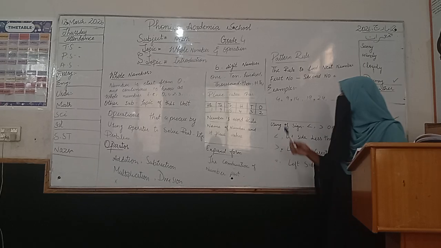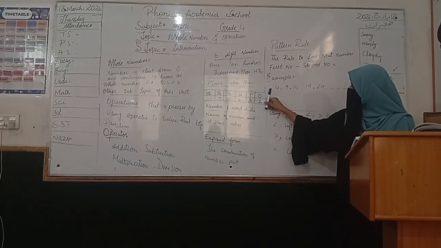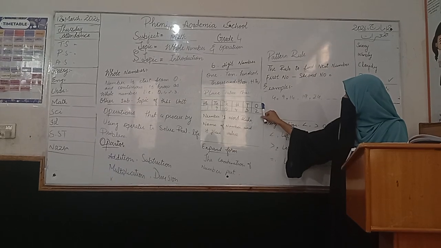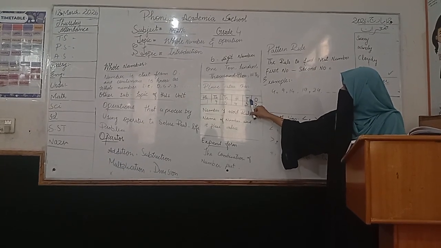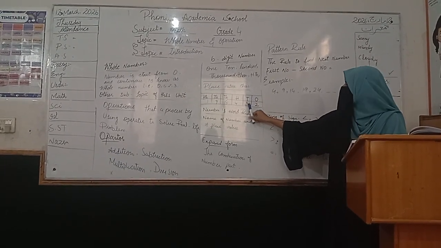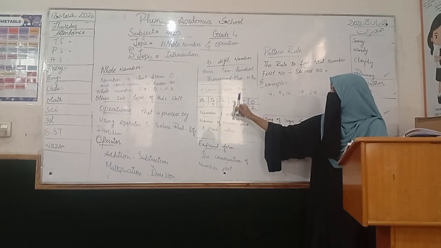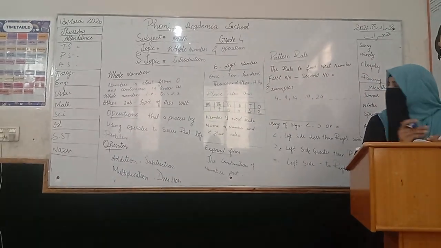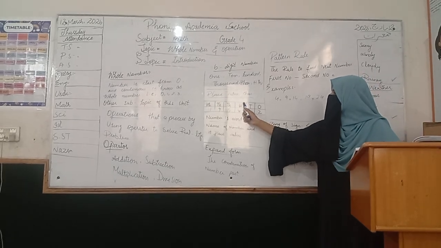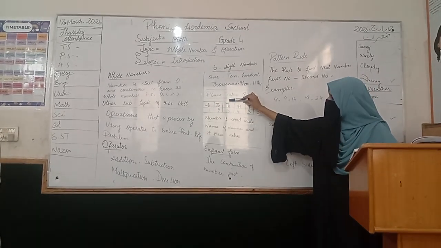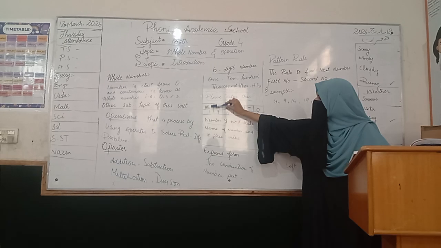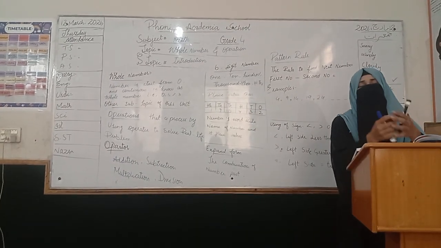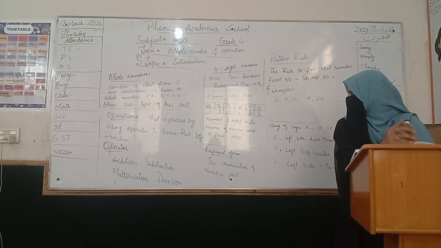Okay, so for example, your first digit is 2. So the place value of the number is 2, and it is in the ones place. Second is tens, and the place value of 3 is equal to 30. The third place is hundreds, and the fourth number is present at the 100s place, so the place value of 4 is 400. Then 5 is at the 1000s place, 9 is at the 10,000s place, and 1 is at the 100,000s place. That's the place value chart to explain the place value of the number.